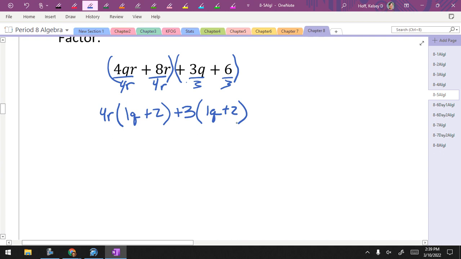What do you notice? They match. If that doesn't happen, you messed up. Group factoring, this will happen every single time. Now, I want everybody to understand. Technically,